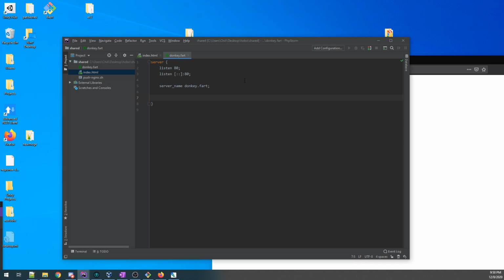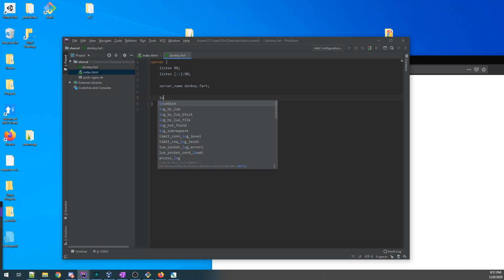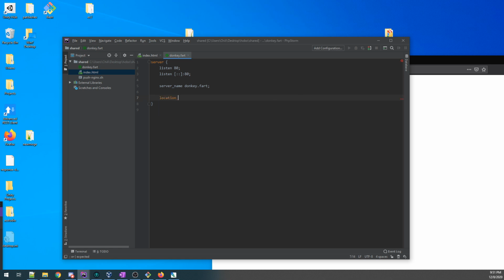Must you put some quotes on donkey.fart? I don't think so. Quotes are usually not necessary in Nginx configurations unless you have a space somewhere. And then you're in quote town. But if you know spaces, then you're good to go. Probably. All right. So we need a location thing that says, okay, so any URL that you request that starts